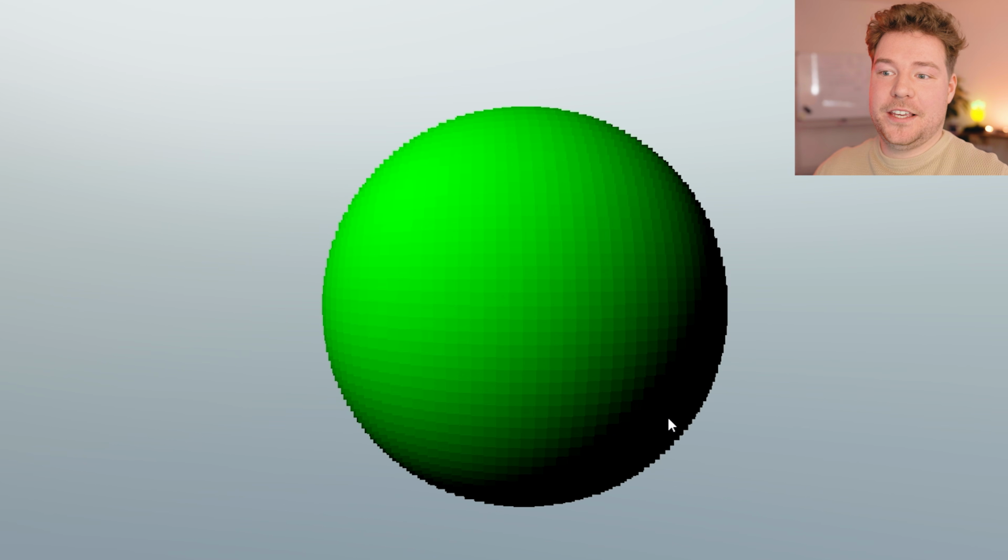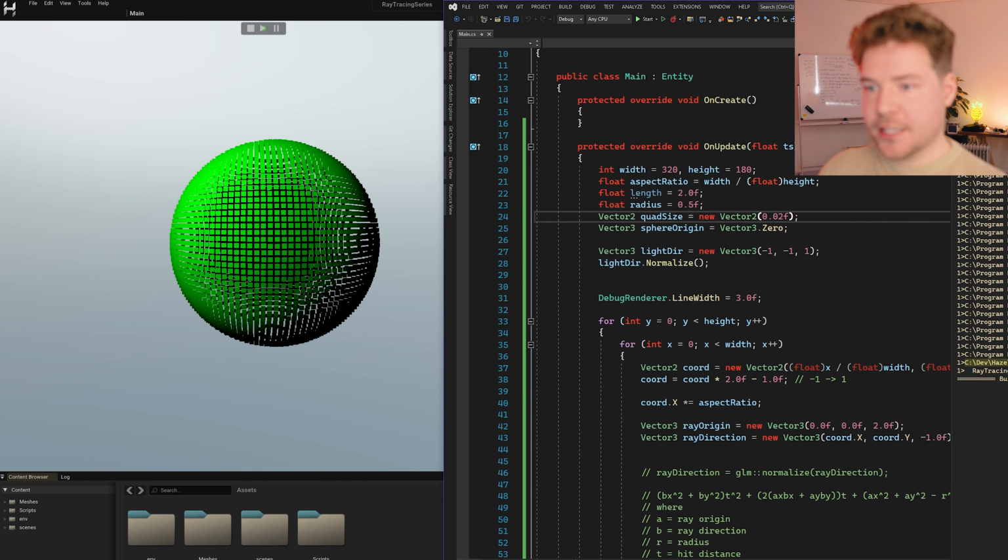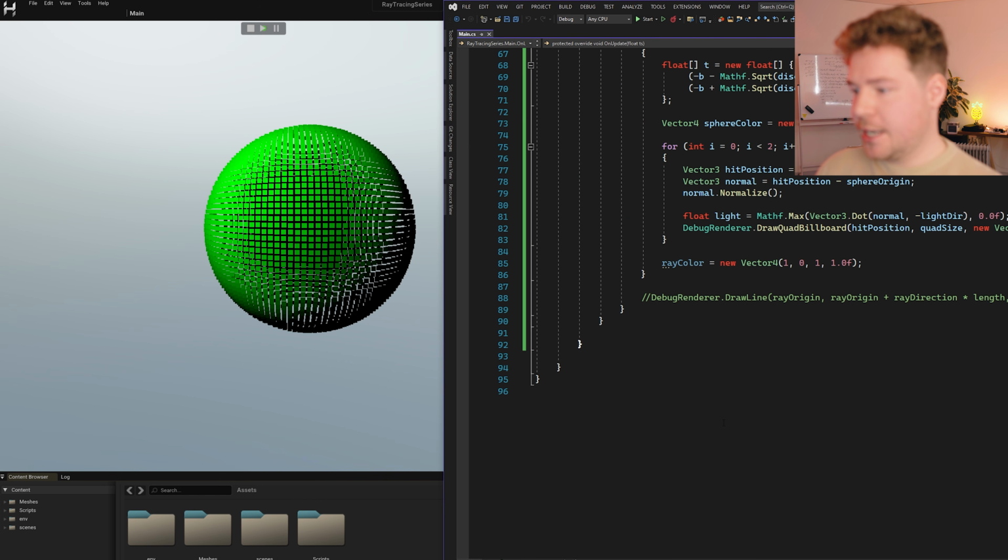We've got a lit sphere made out of ultimately lines and little quads that we've drawn in Hazel using C#. Honestly, I love this stuff. One more thing I want to show you guys is, if we make this a little bit smaller here, I'll bring back the